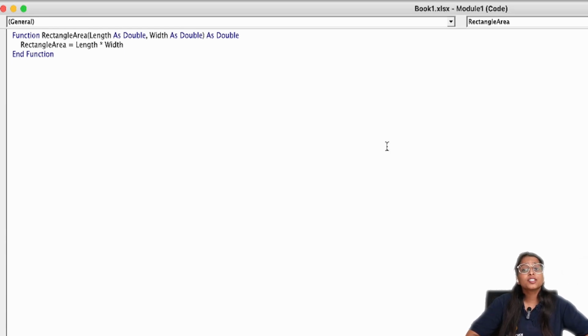And now, what is the meaning of the code that I have written? The first line, which is Function. The purpose of this line is to declare a new function named RectangleArea. Then I have passed the input parameters, that is Length and Width, as Double for the large numbers.